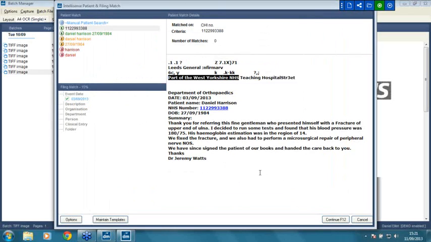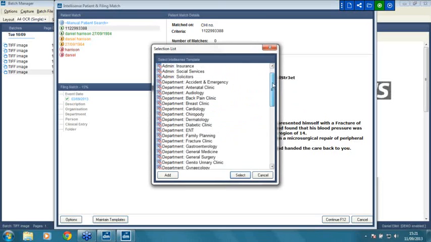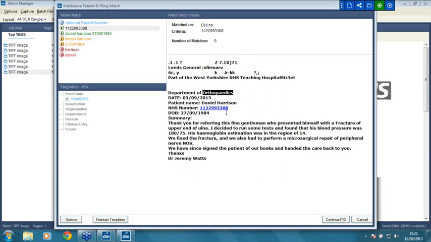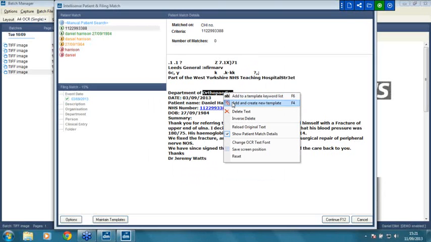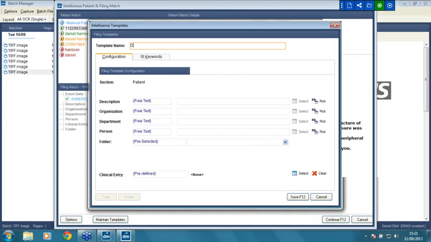I'm not going to cancel and reread yet. I know that I've got orthopedics to do, so I'm going to highlight that as well. I'm going to right click, see if it's there. No, so I'll cancel, add and create new template on the right click again. So department, orthopedics. Choose the department line again, I press pick,